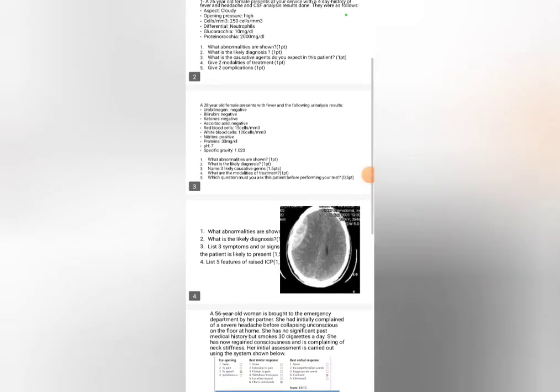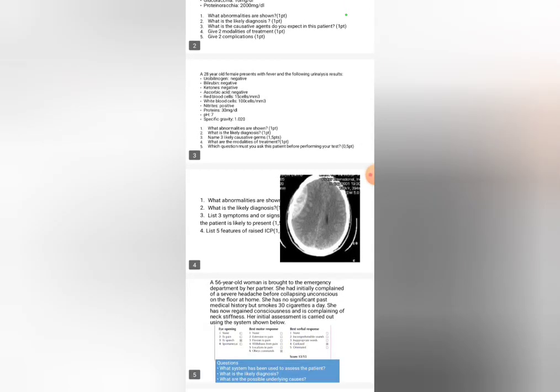Now, the next case is case 2. So case 2 talks about a 28-year-old female who presents with